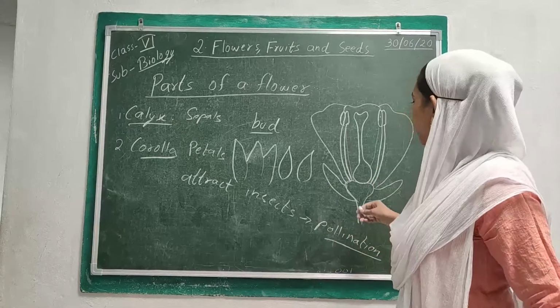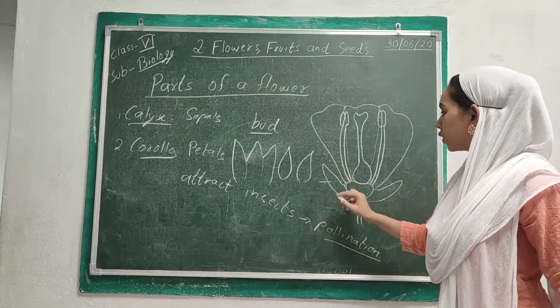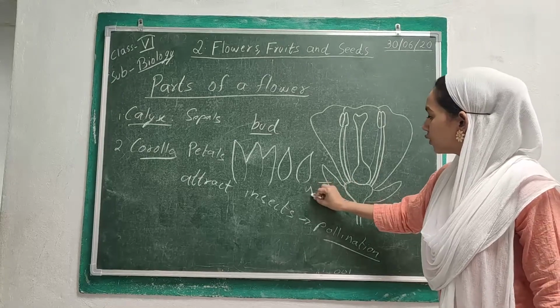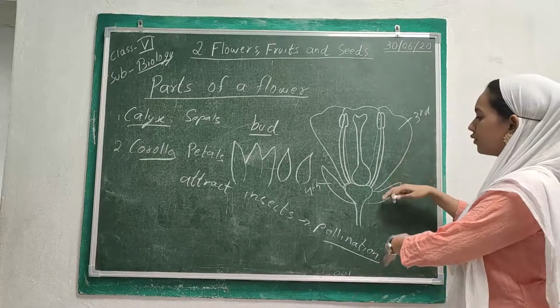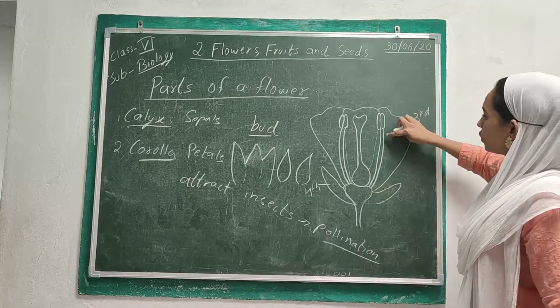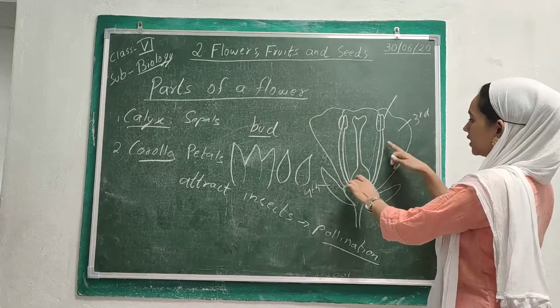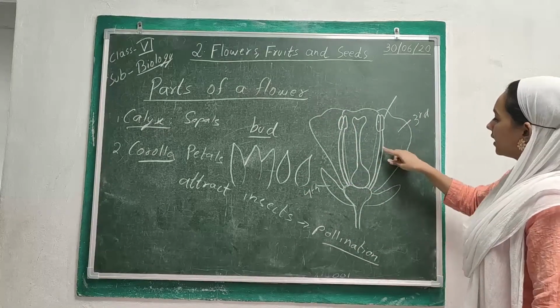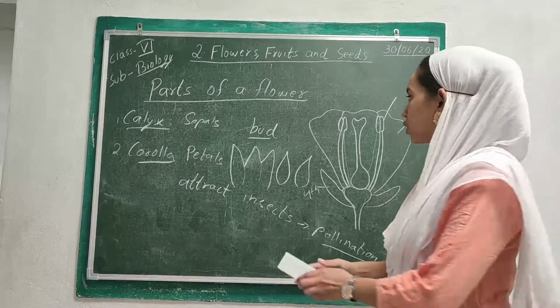And what else it does is that, see here, the calyx is the last whorl, or the fourth whorl, of the flower. The petal is the third whorl. We are starting from downwards. Next we have the stamens here. So you can see that this corolla is protecting the reproductive parts, that is the androecium and the pistil. We will see them also one by one.